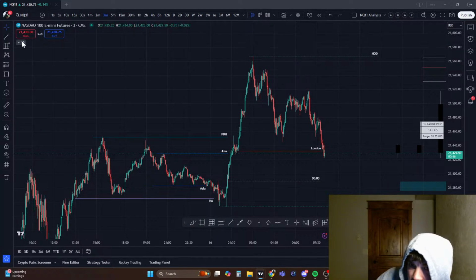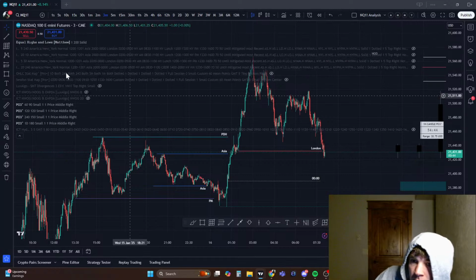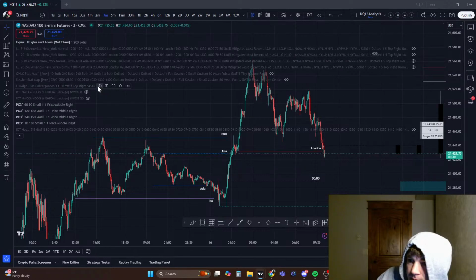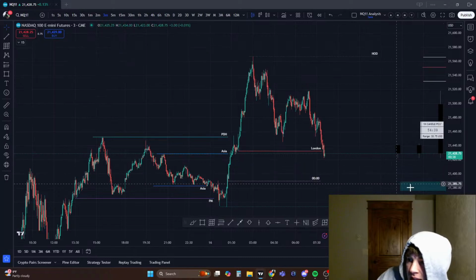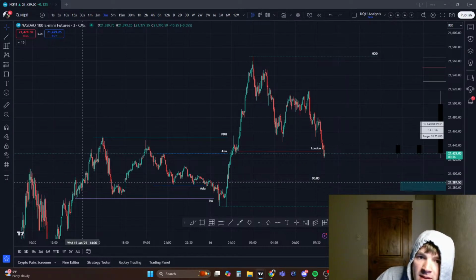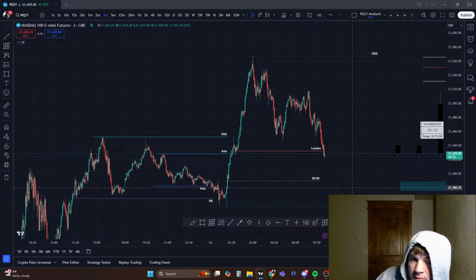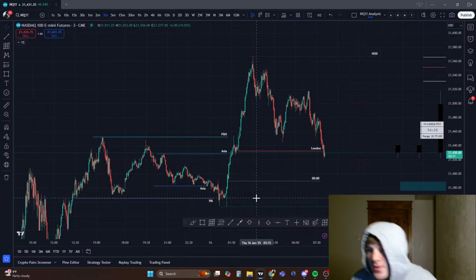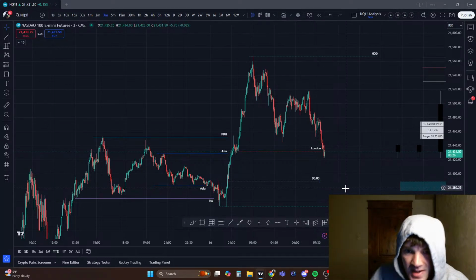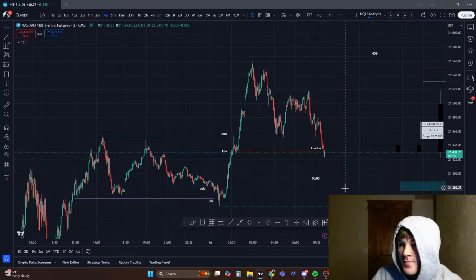Okay, what was I looking at? Yeah, I'm not gonna mark it out as a volume imbalance because it's literally just a new day opening gap. It's the same thing. But I will mark this out as a 4-hour order block as well. It's kind of a thin candle, but